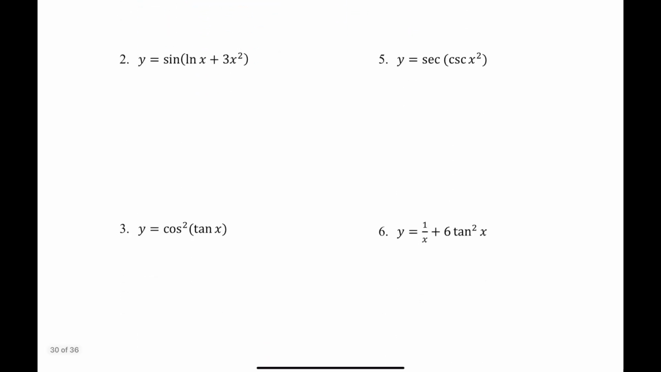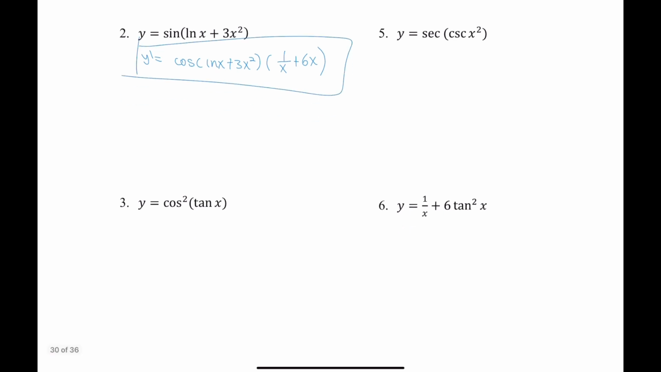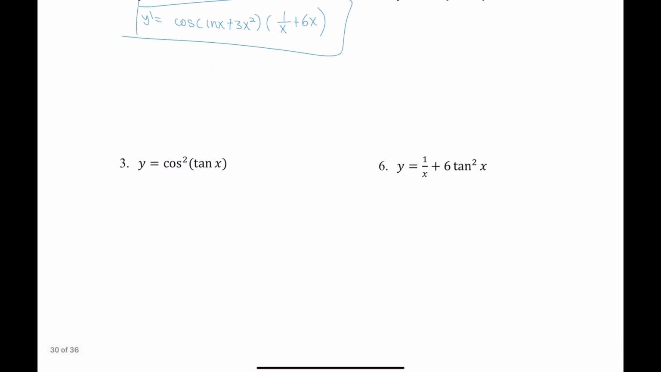Number 2 is y equals sine of ln x plus 3x squared. So y prime equals cosine of ln x plus 3x squared, and then 1 over x plus 6x would be our answer. Let's just leave it like this. Okay, and then